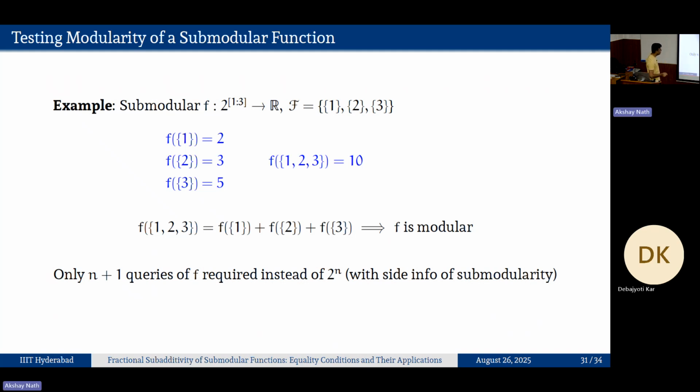Right, so here if I have this function, if it is modular, then I can actually write it as a summation over the singletons. I may have a massive set on which I only need to query at these very simple points, and I would have a modularity testing. Of course, this is using the side information that the function I'm starting with is submodular, or it's close to being linear. I'll refrain from saying this in more generality, but if it is almost modular, then it's close to being linear in some measure.